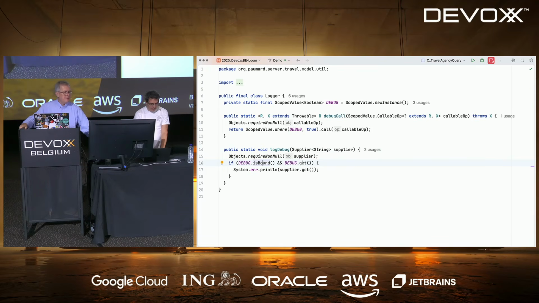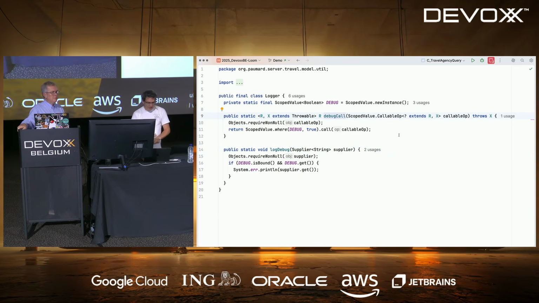If the value is bound, then I will execute this supplier and print the value. If the debug is not set, if the scope value is not set, then I will not print the debug message.